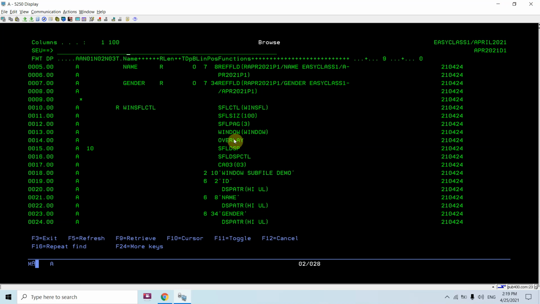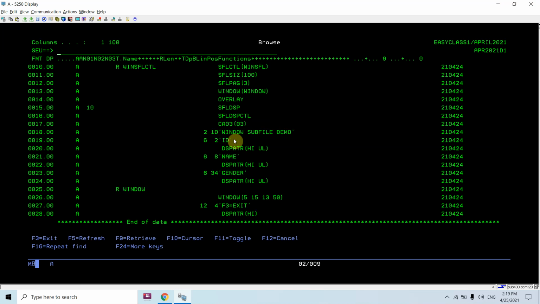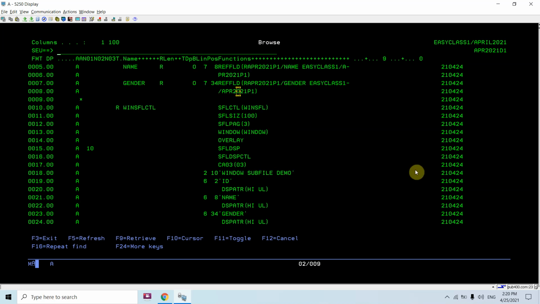But for example, if I want to show this F3 on the Windows subfile, I would have to take it as a separate record format, because as we all know, the headings which come above the subfile can only be in the subfile control format.